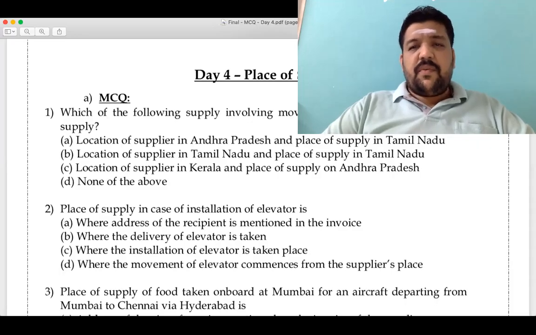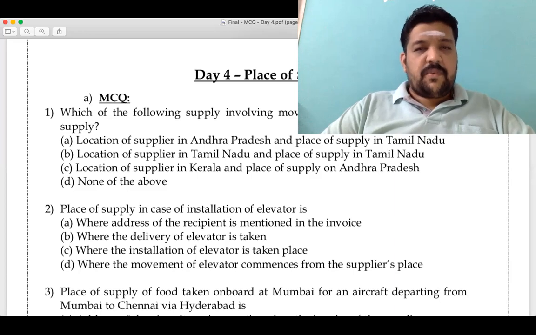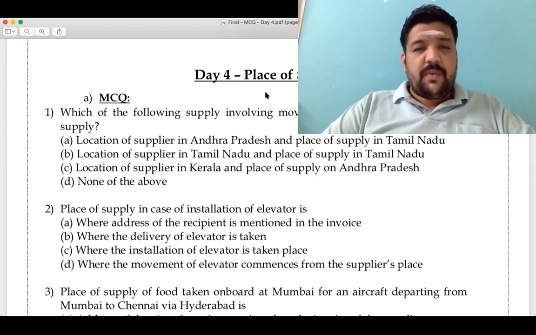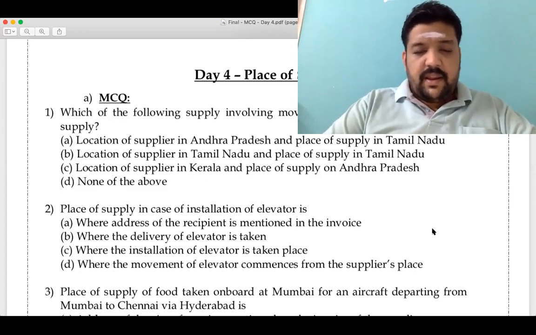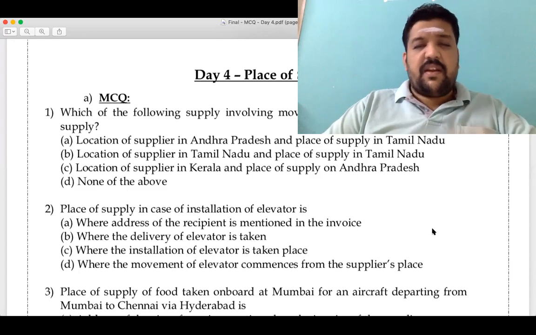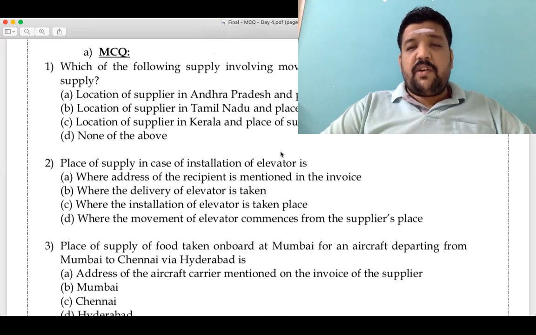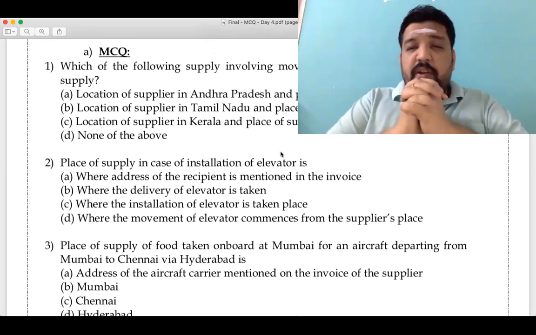This is just a few MCQs on a topic called days of supply. To start with, a first MCQ. I want all of you to participate. Nothing great about it. It's just, in my view, a simple MCQ, which sometimes confirms your understanding. MCQ 1: which of the following supplies involves movement of goods